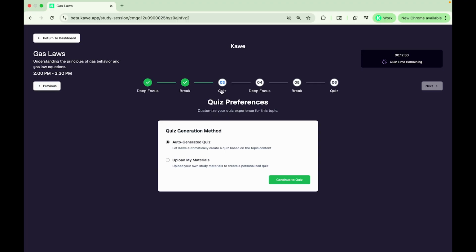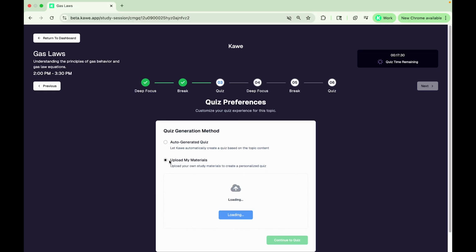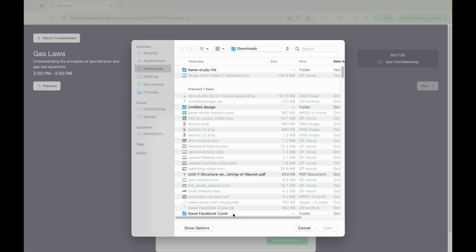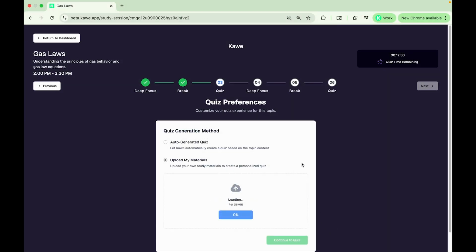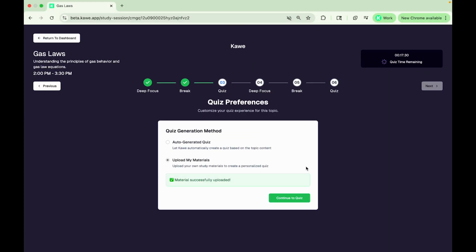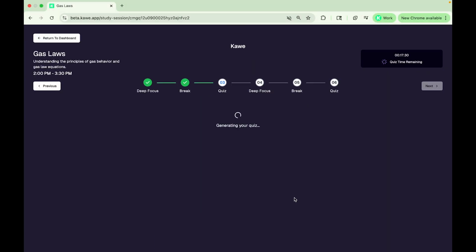So the quiz is basically a way for you to take the information that you've absorbed in the deep focus and be able to quiz yourself in this quiz section. So there's two options that you have. You can auto generate a quiz, or you can upload your own material. If you choose upload your own material, very similar to uploading a PDF, it follows the same structure. So you can choose a PDF to upload, and then once you click upload, you can click